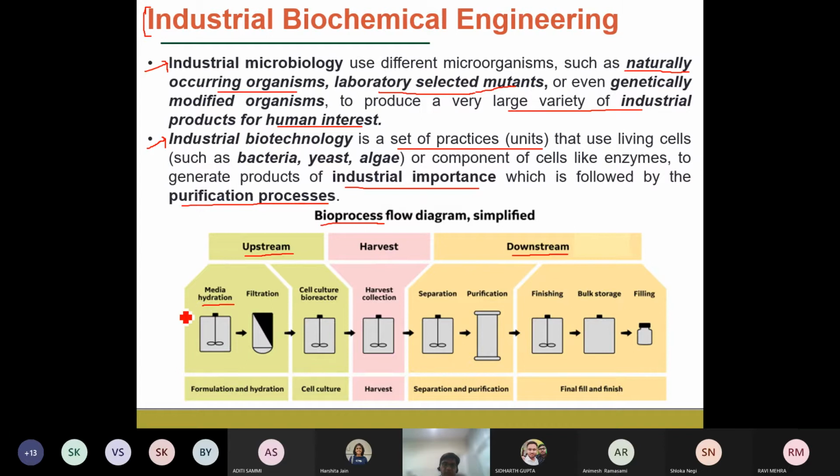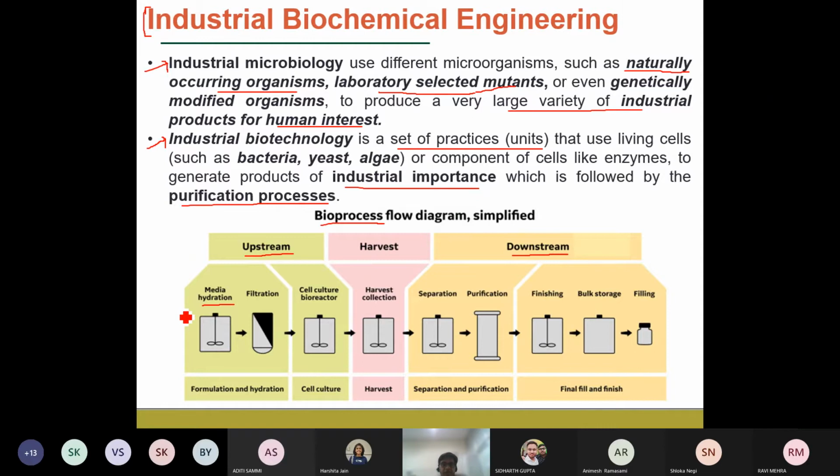which you are going to grow in the fermenter. Along with the carbon source, they require a nitrogen source. The nitrogen source comes from amino acids, some peptides, or some extracts that are added to the fermentation media. And then we require an oxygen source. Maybe it is an aerobic process. If it is an aerobic process, it requires oxygen.